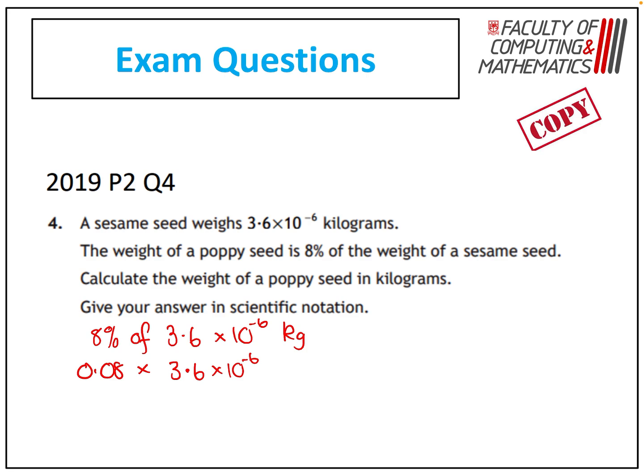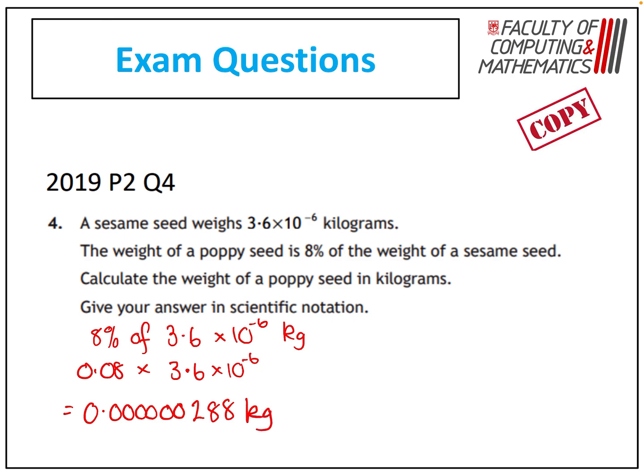And I would just type that straight in my calculator. So 0.08 multiplied by 3.6 exp negative 6. And that gives me 0.000000288